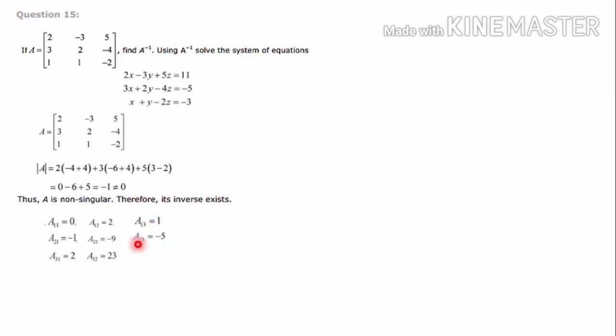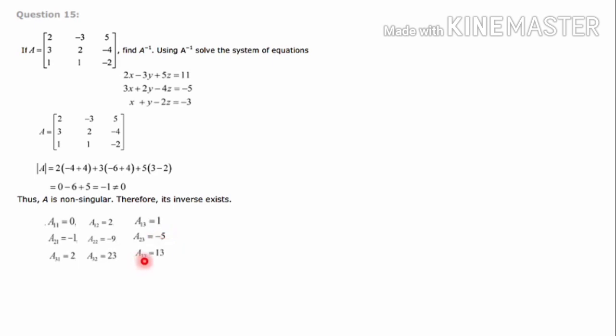Next one, A23, that is second row, third element. That is minus 4. If you take minus 4, that row and column is gone. 2 into 1, 2. Minus into minus plus. 1 into 3, 3. So 2 plus 3 is 5. We have got plus 5. Then 2 and 3 adding them, we will get 5. Again, that is odd number. So minus sign is outside. So final answer is minus 5.